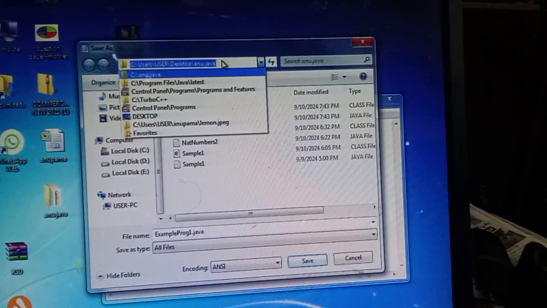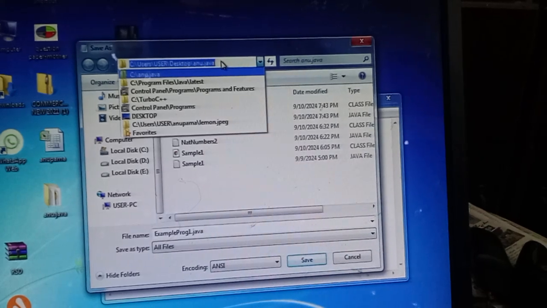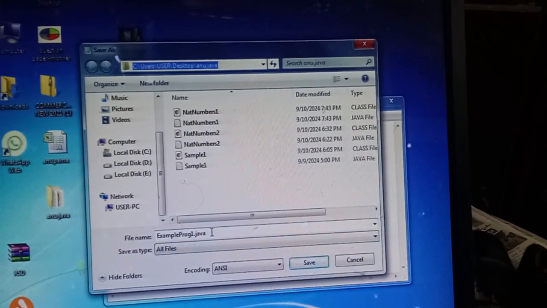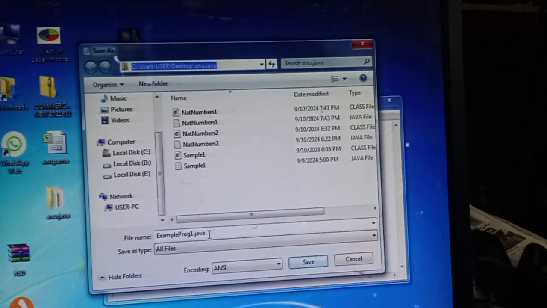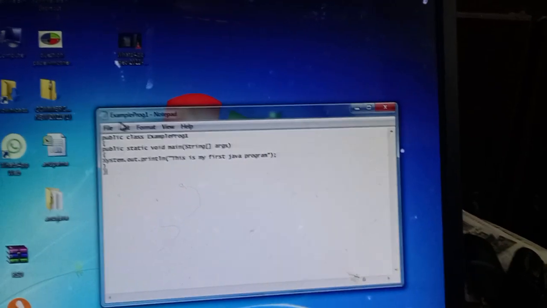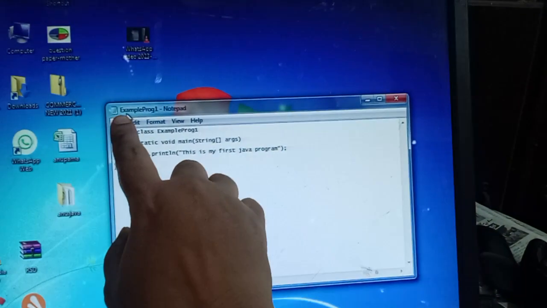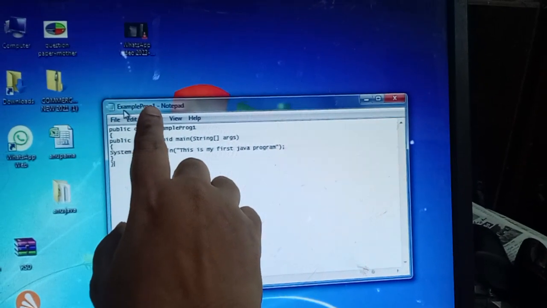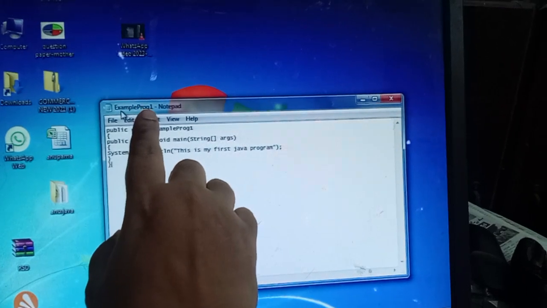Go to that path, then give the file name along with extension .java, and then click on save. After saving, how can you understand whether it is saved or not? Your file name appears here now.